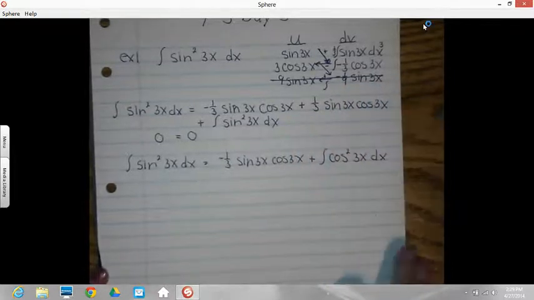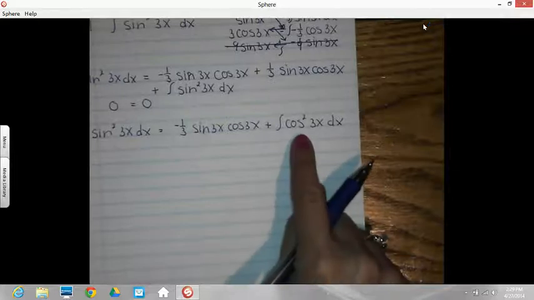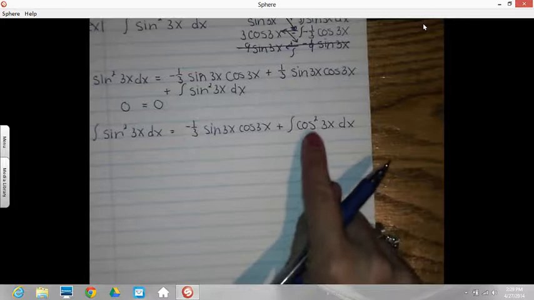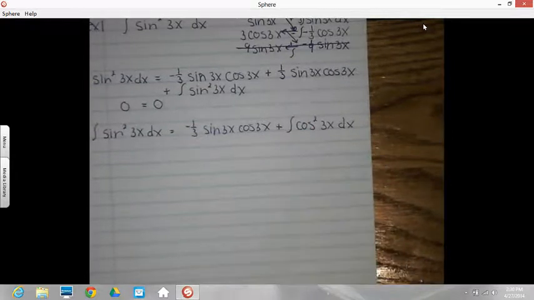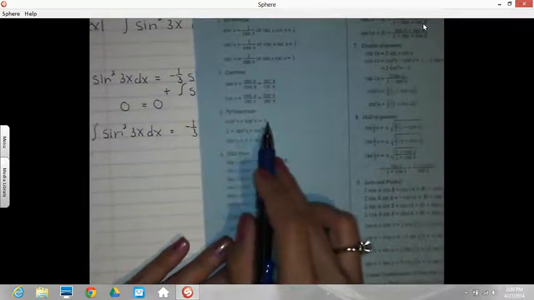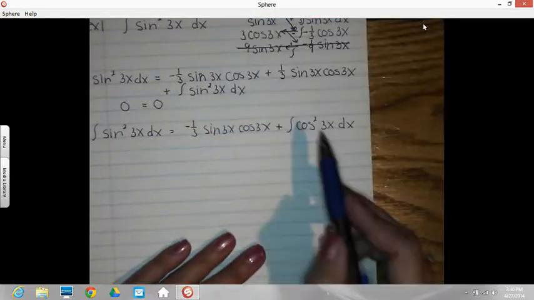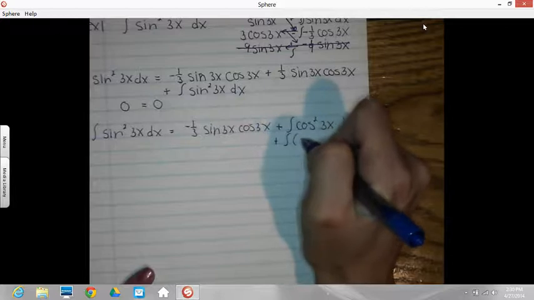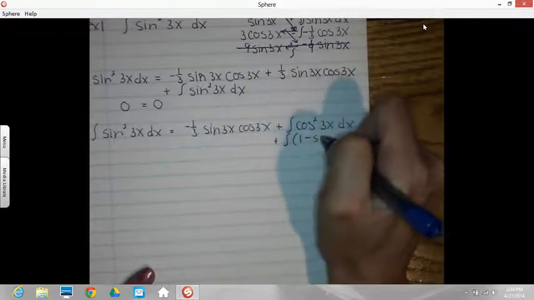Okay, I still have something I can't integrate, but if we use trig properties, I can rewrite this and introduce the sine squared back using our Pythagorean identity. Because remember, cosine squared equals 1 minus sine squared. So I am going to choose to rewrite this function in here as 1 minus sine squared 3x